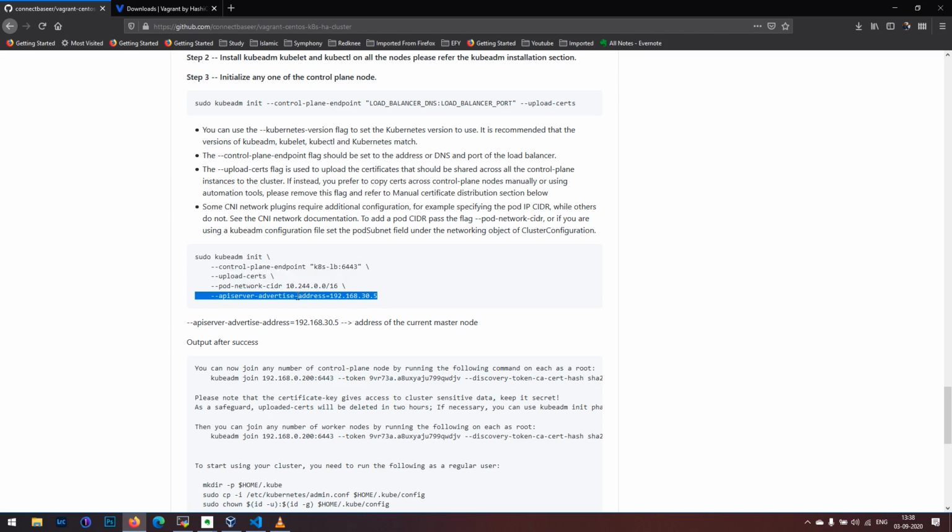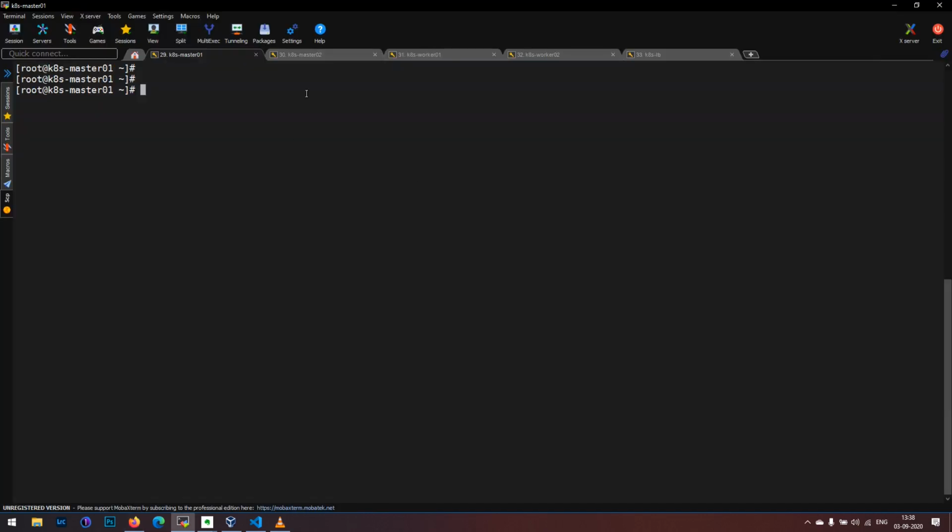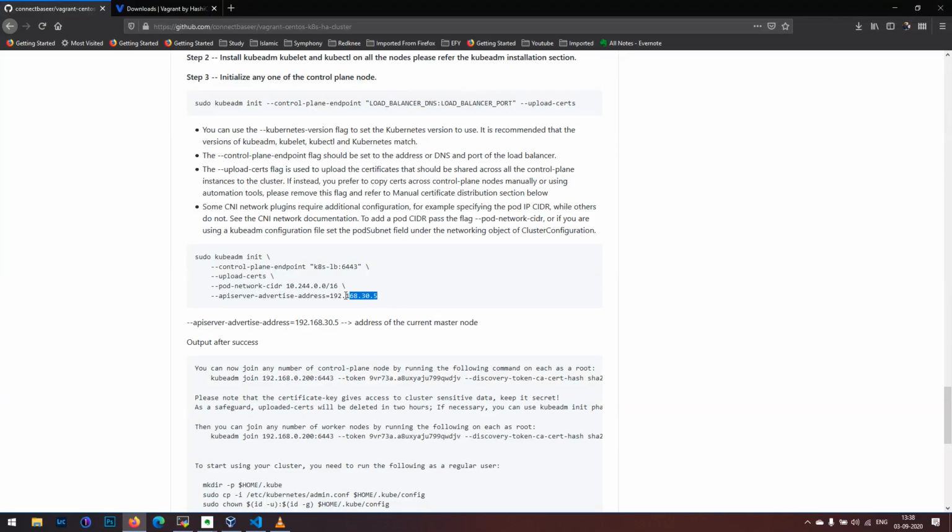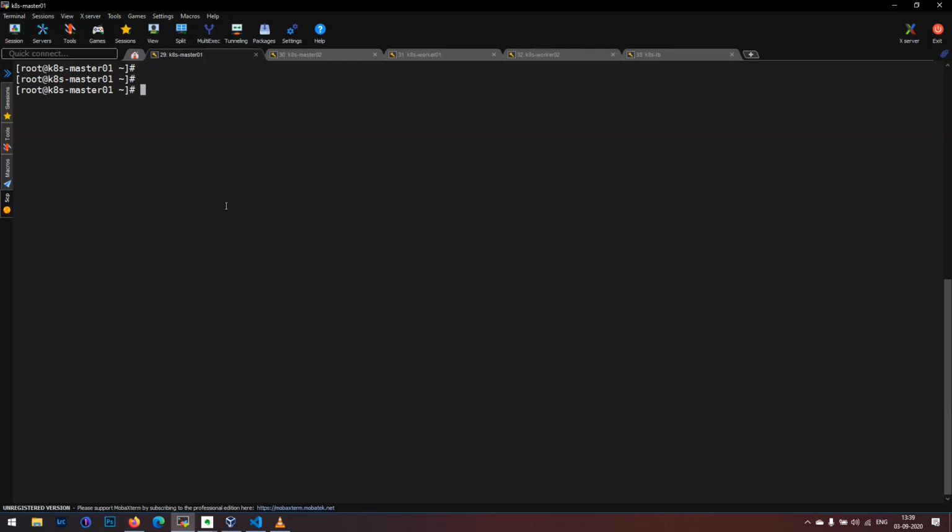But suppose you have multiple interfaces on your virtual machines, you have different interface cards, and you have configured your Kubernetes on a specific network, then you need to define your kube API advertise address. So our range which we have defined is 192.168.30.5. We are running it on our first master node, so this will be the IP of our first master node. Whatever node you're running on, make sure this IP address belongs to that node. So I'll just simply copy and paste this,